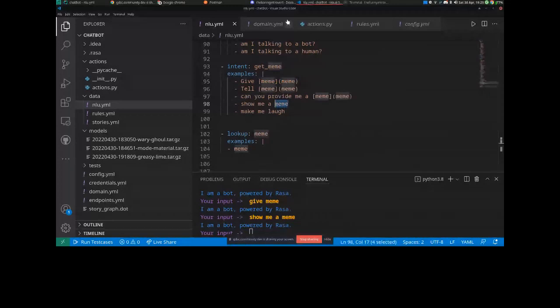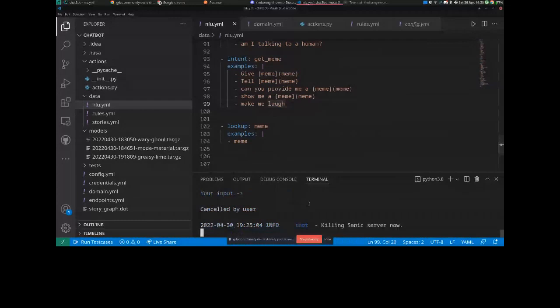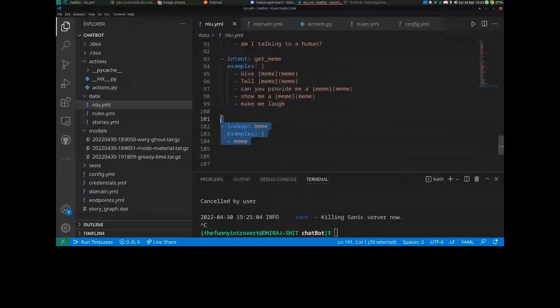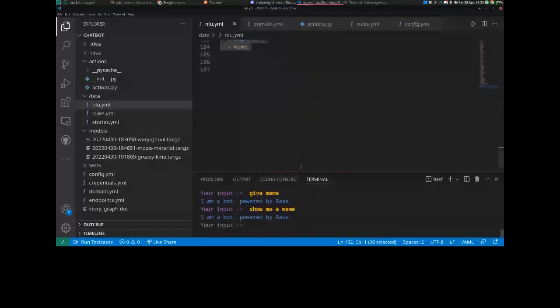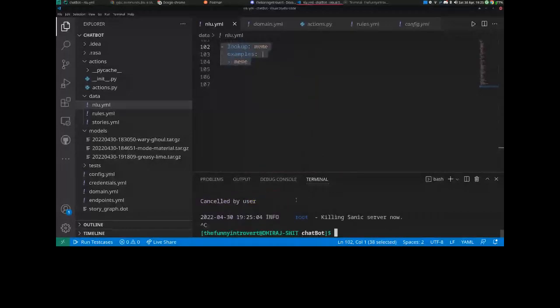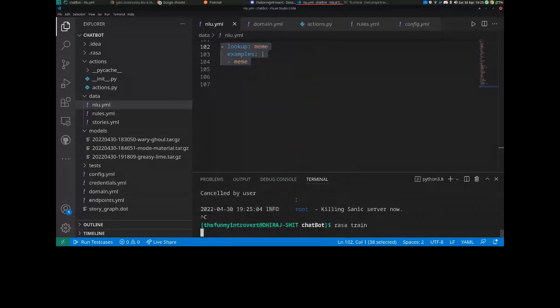And let's do control C. So I hope you understood why we have to provide a lookup example, because the others have already been done by Rasa itself, but here we have to add a lookup because we are adding something new. And I will do Rasa train again, and till then maybe we can show more profiles, hopefully.